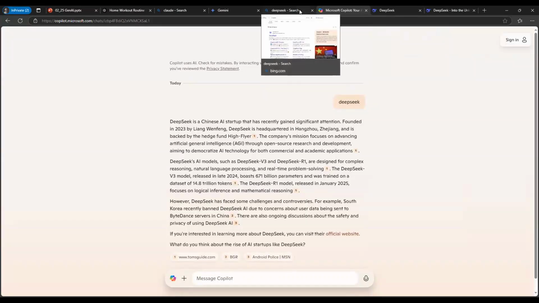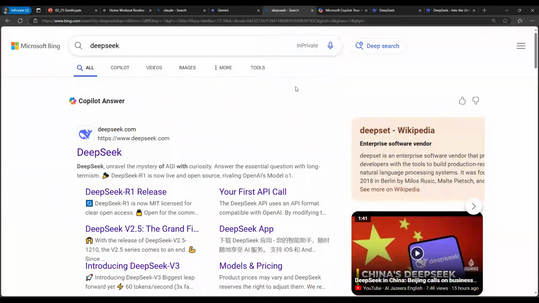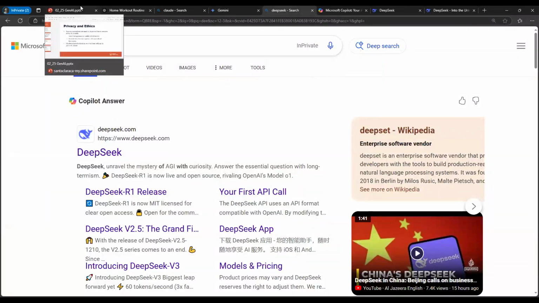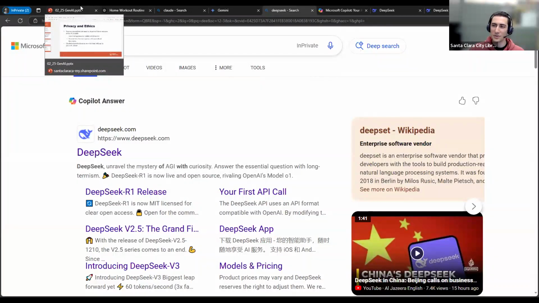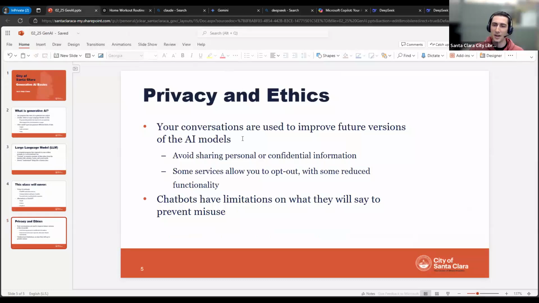All right. Our next question is just how secure? And I think what this person is probably wondering is how secure is the information you put into ChatGPT, or maybe do you have an alternate idea of what the question may be? Yeah, I think they're just asking how secure the information that they put into these systems is. And again, I would just reiterate this idea that the conversations are going to be used to improve future versions of the AI. So with most services, if you give it sensitive information, you want it to stay with the service. But even with this, I wouldn't give it sensitive information at all, whether it gets hacked or not,